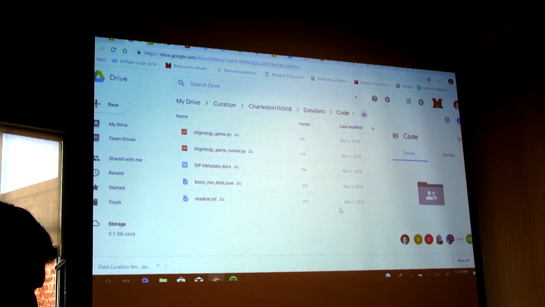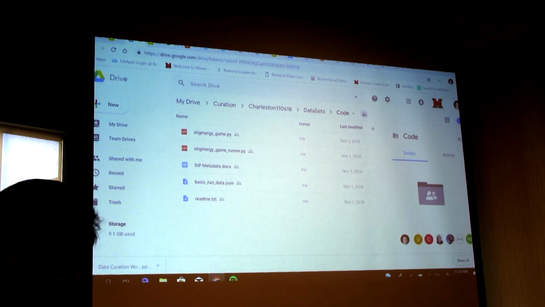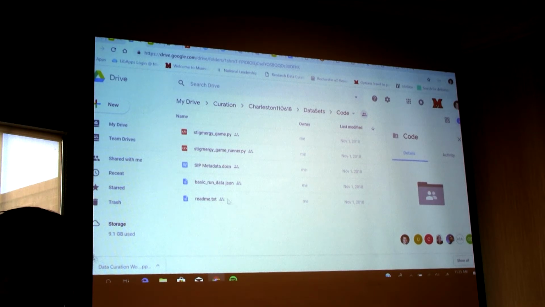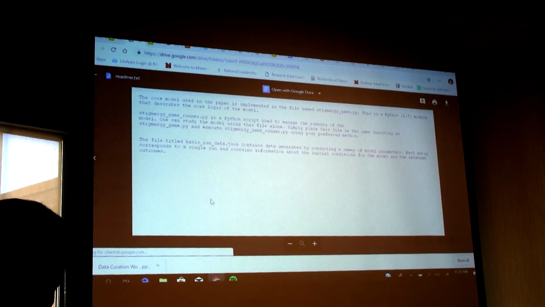So if we're curating this, there we go. First thing we want to do is check to see what do we have here. I happen to know that these are Python files, docx, so I've got a document, and I've got some basic data here for running the file, and I've got a README. So maybe the first thing I want to look at is the README.